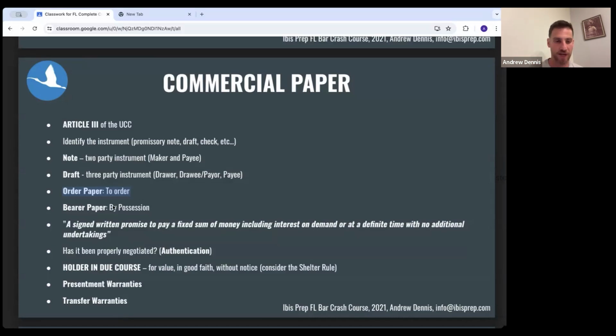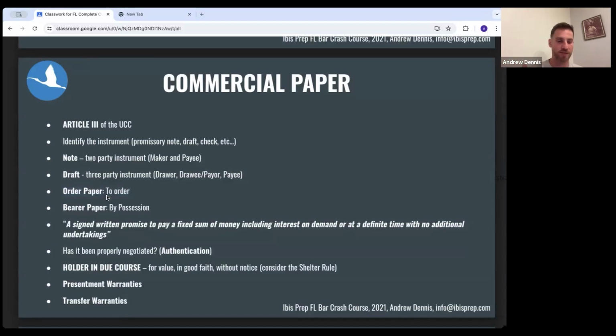So if you can kind of put that in your mind, that a holder in due course is someone who takes an instrument for value, they pay for it, in good faith without notice, right? So that's what a holder in due course is. And